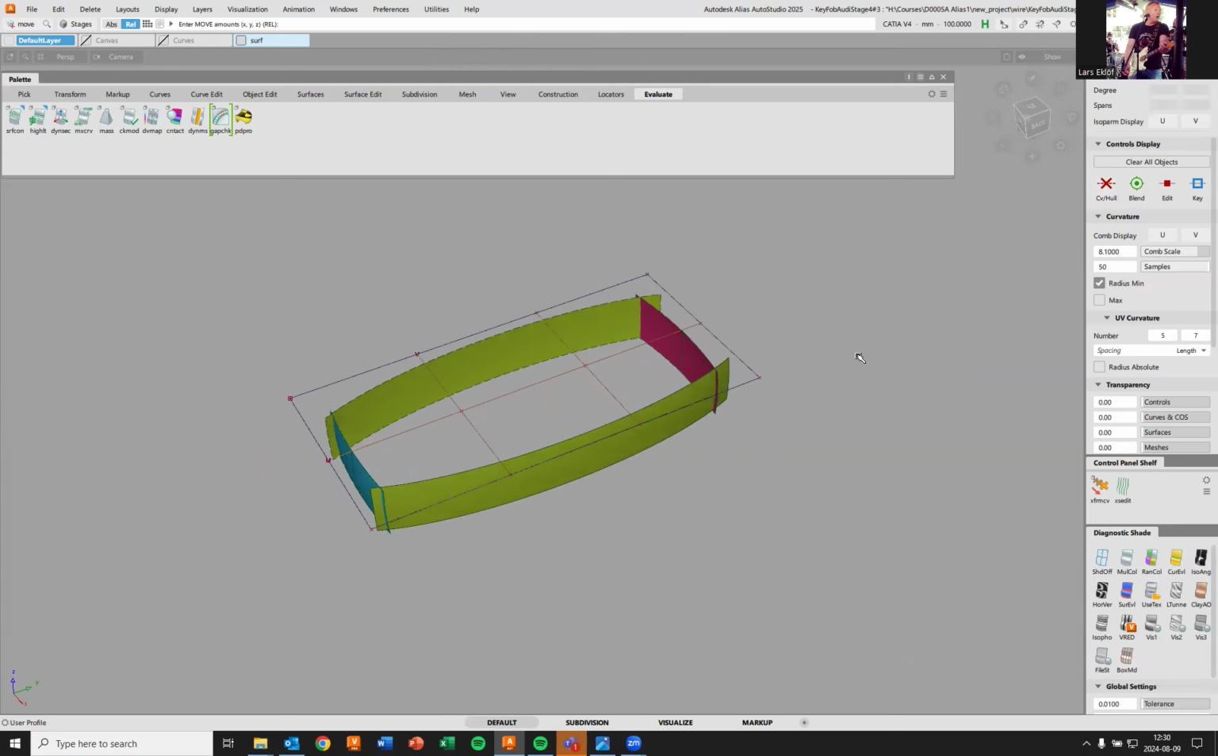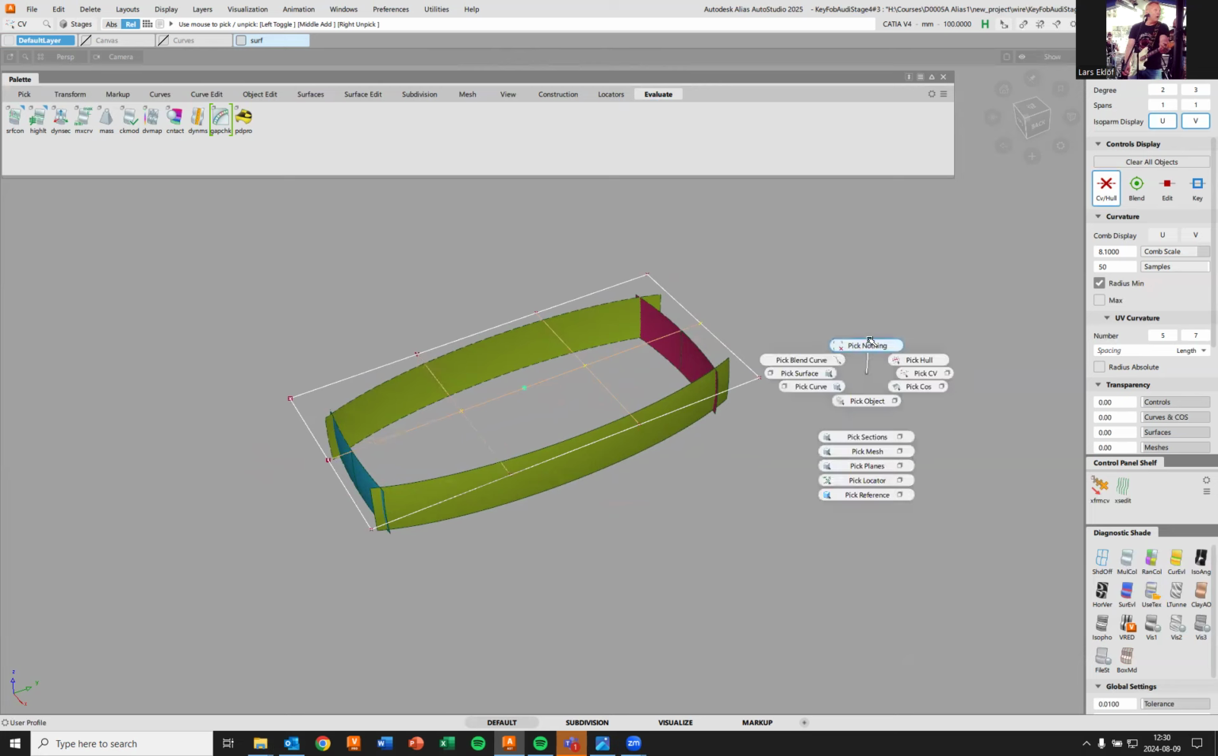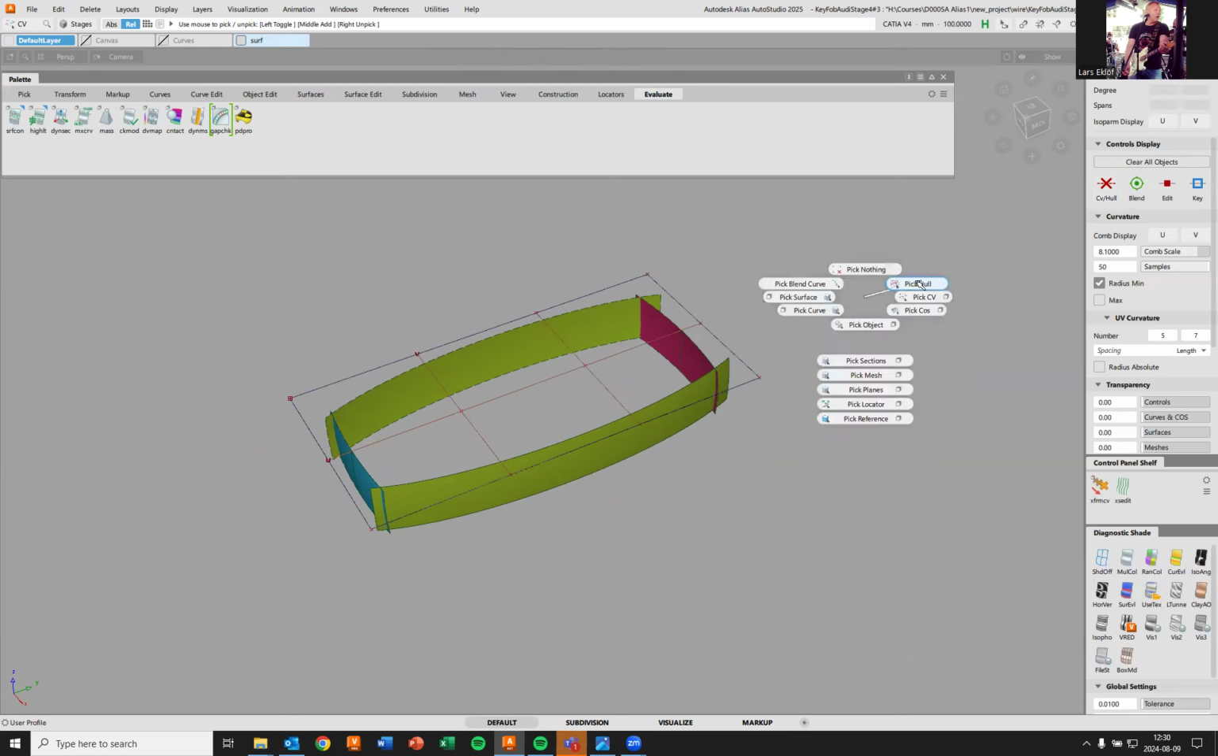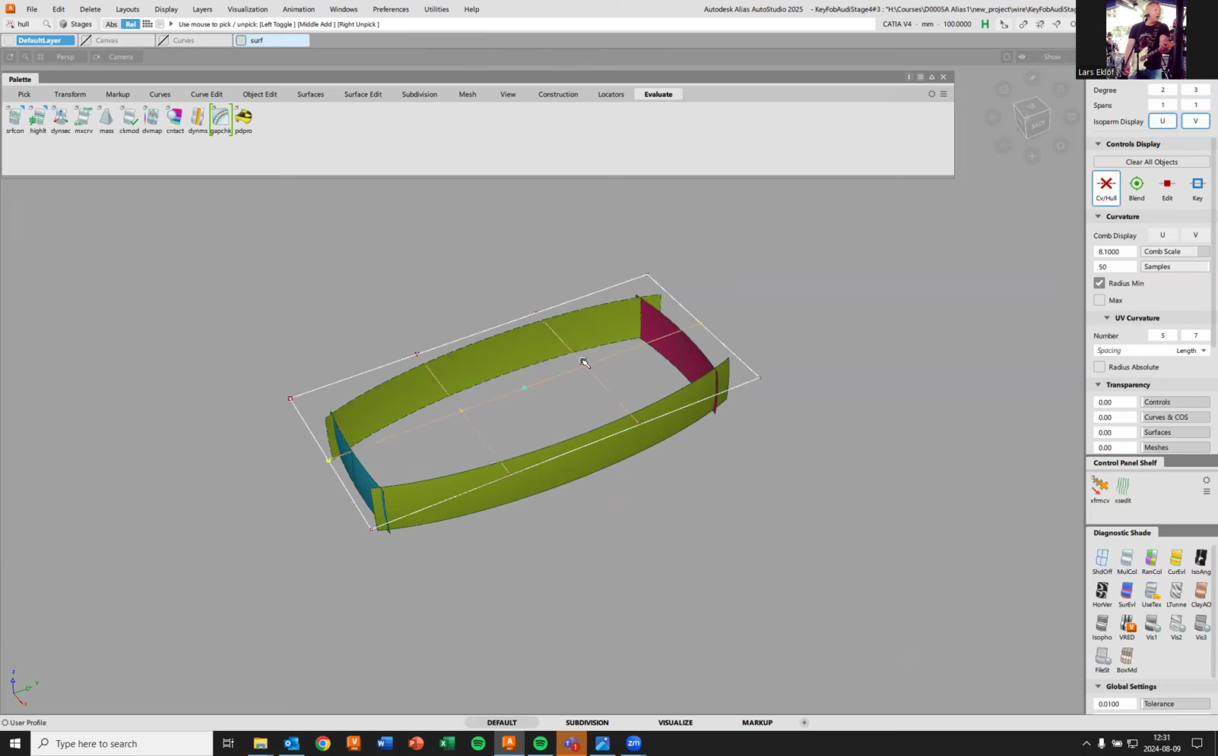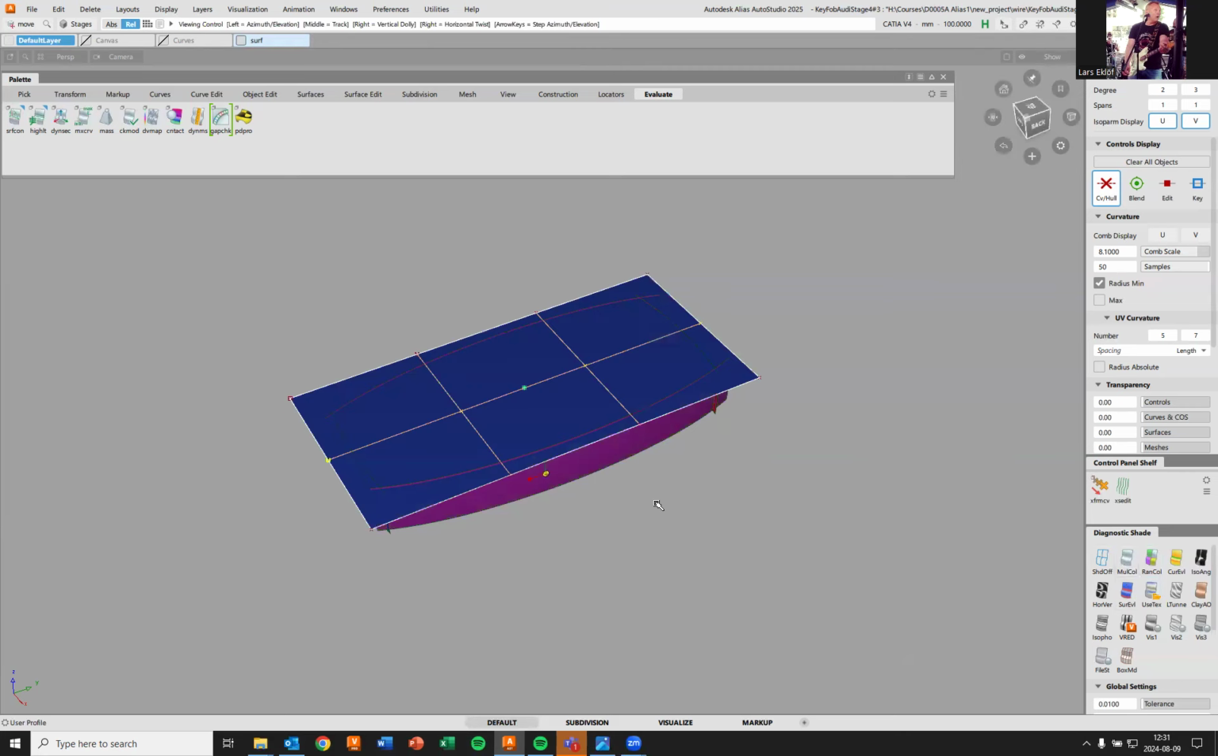So I go pick nothing, and then I could use pick CVs and pick all of these individually, but I can also use pick hull. And a hull is a row of CVs. So if I pick the line between those two CVs, I actually pick all of these CV points. And if I then go move, we should have that,